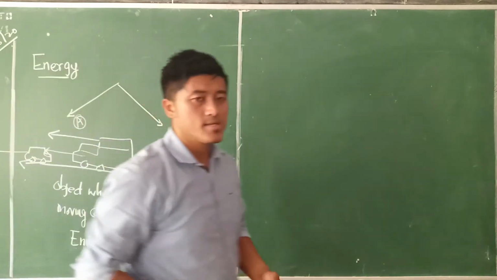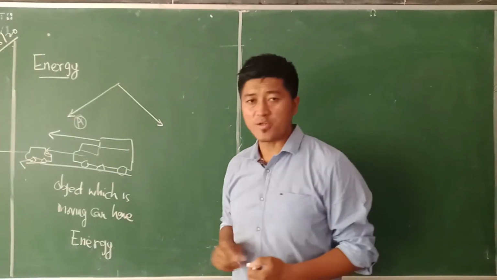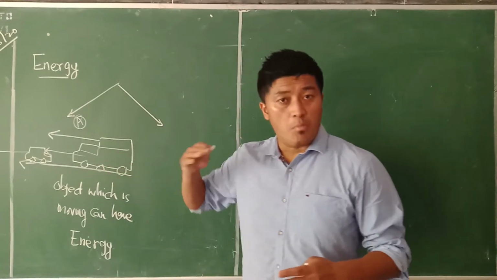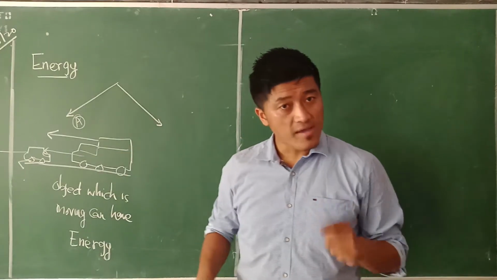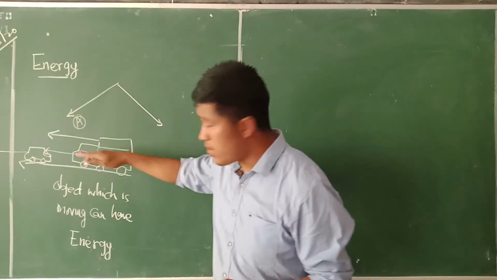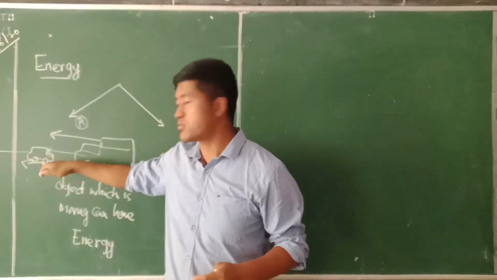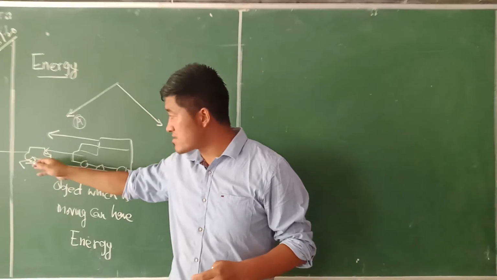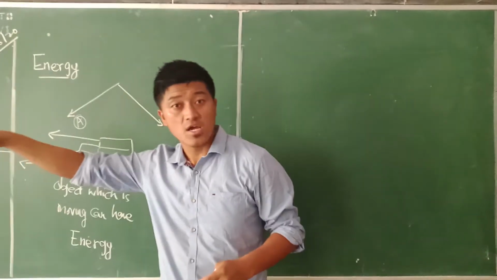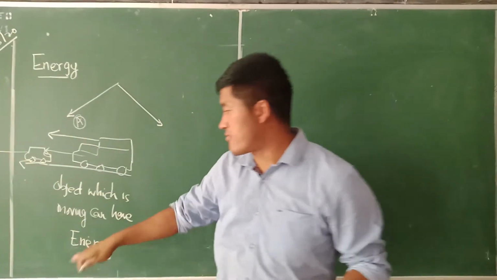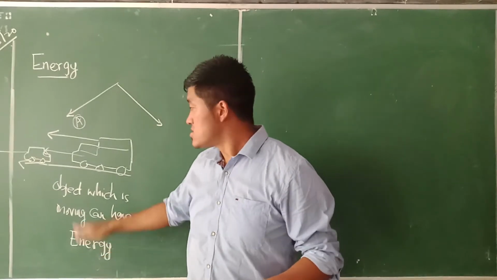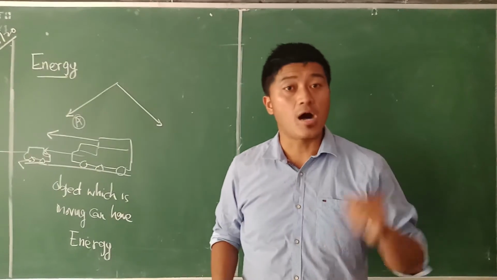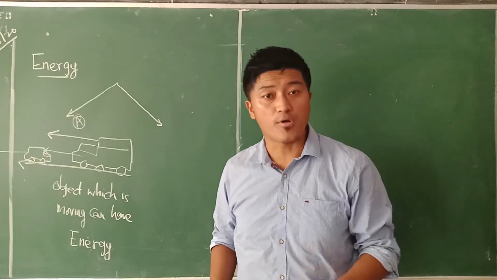Okay, so what I'm trying to say is that a truck which is in motion and coming at a very high speed is going to hit that particular car which is not moving, and it is going to drag this car a certain distance. To do this kind of work, we need energy. Understand? So through this conclusion, what we can confirm is that a moving object has some amount of